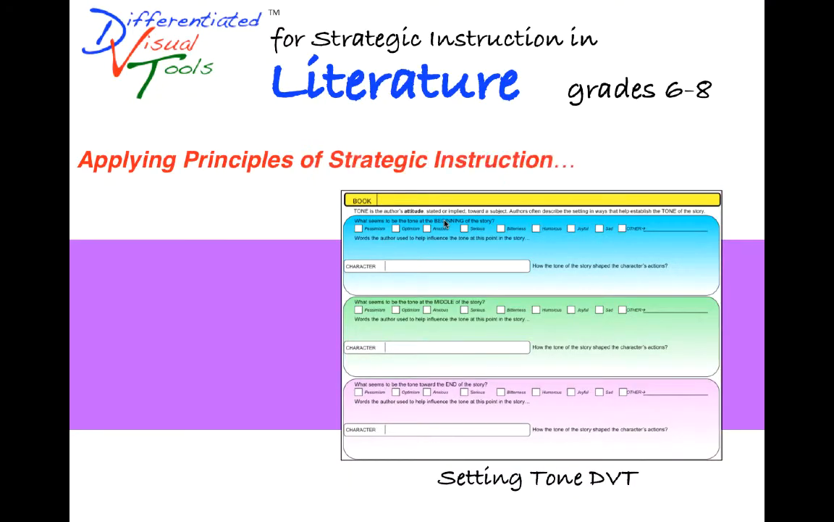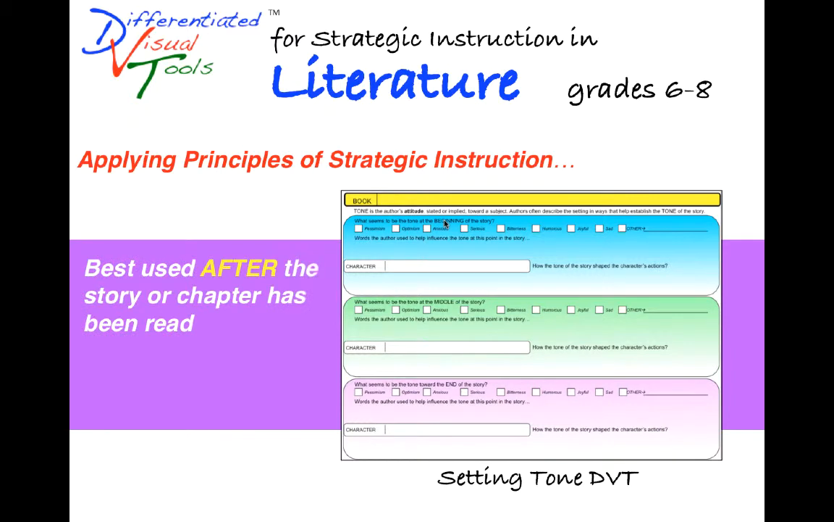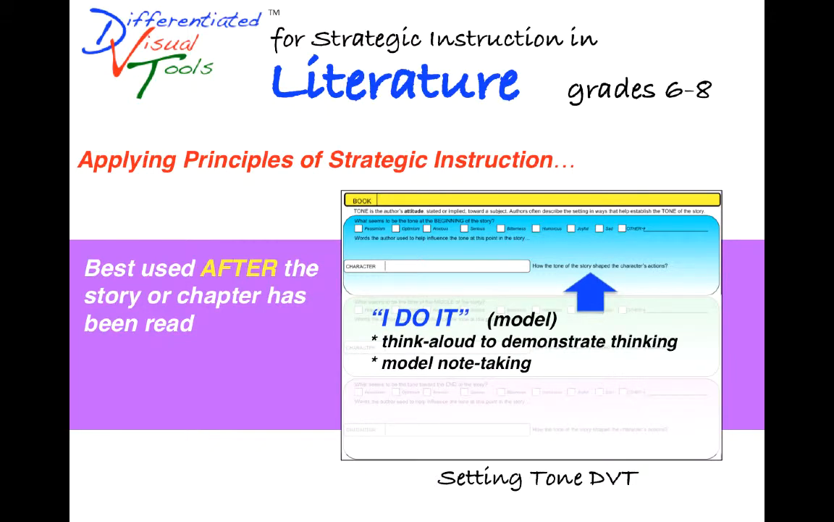Moving on now to applying principles of strategic instruction, this DVT is best used after the story or chapter has been read. And so we would first read the story and then look back and identify key things from the story as we're developing the information to go on this DVT. So what we want to do is scaffold instruction as students are learning how to use a visual like this. So initially we'll use an I do it approach to teaching, which is basically I'll be modeling the thinking processes associated with identifying what the various words were that best capture the tone of the story. And I'll be using think aloud techniques to demonstrate thinking as I'm looking back through the text